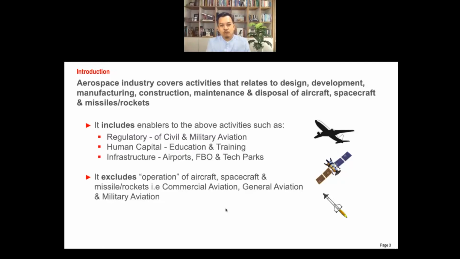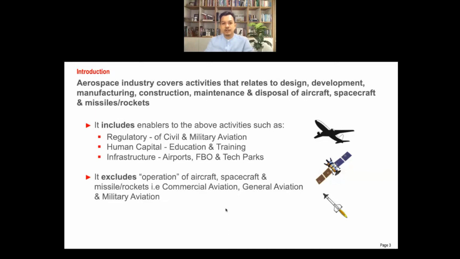So the scope of the aerospace industry, because sometimes in other countries, they have a slightly different aerospace industry definition. Okay, but in Malaysia, we will use these global aerospace industry activities, which includes the enablers to the above